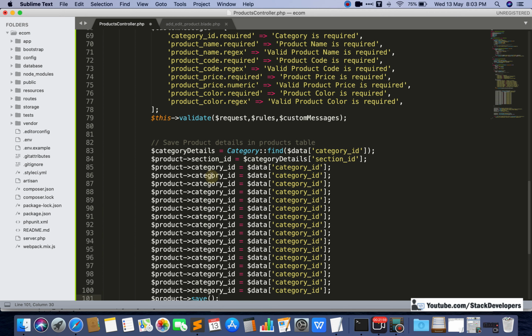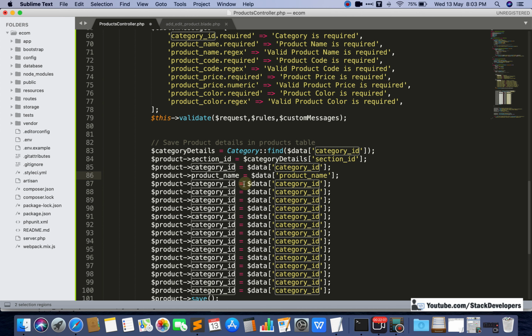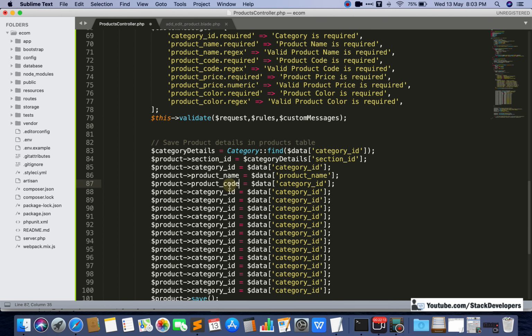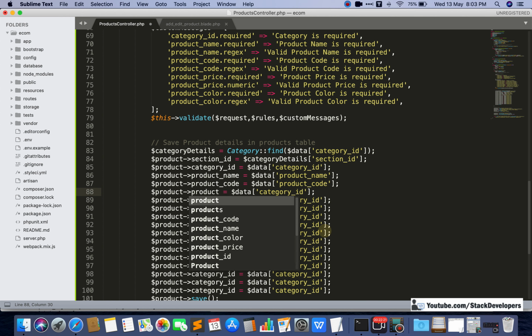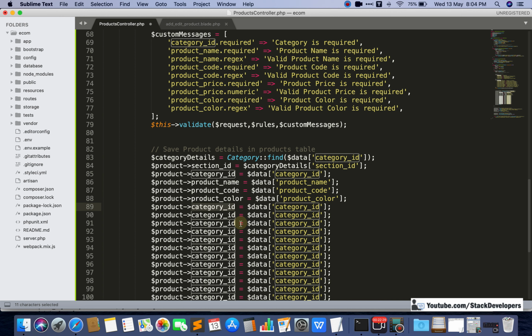So after category ID we have product name, and after product name we have product code. After product code we want to add the product color. After product color another field is product discount, and after product discount, product weight.